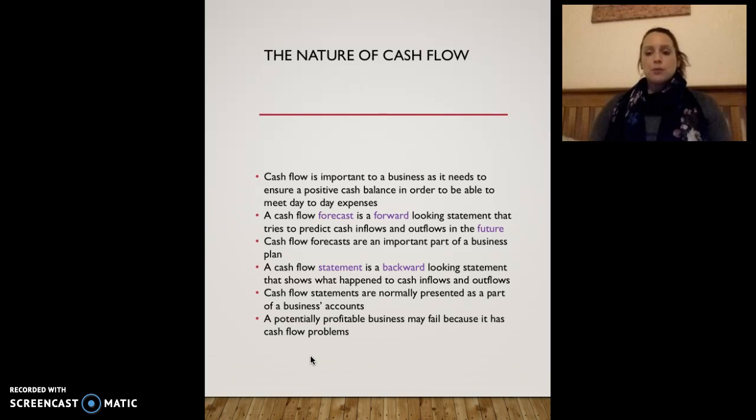A potentially profitable business may fail because it has cash flow issues. And as I said at the beginning, timing is key. What you're ultimately looking for in a business is long creditor days. So that basically means that you're looking to negotiate with your suppliers the longest possible period of time that you can pay. So it may be that you're not paying your invoices for 20 or 30 days, but you're hoping